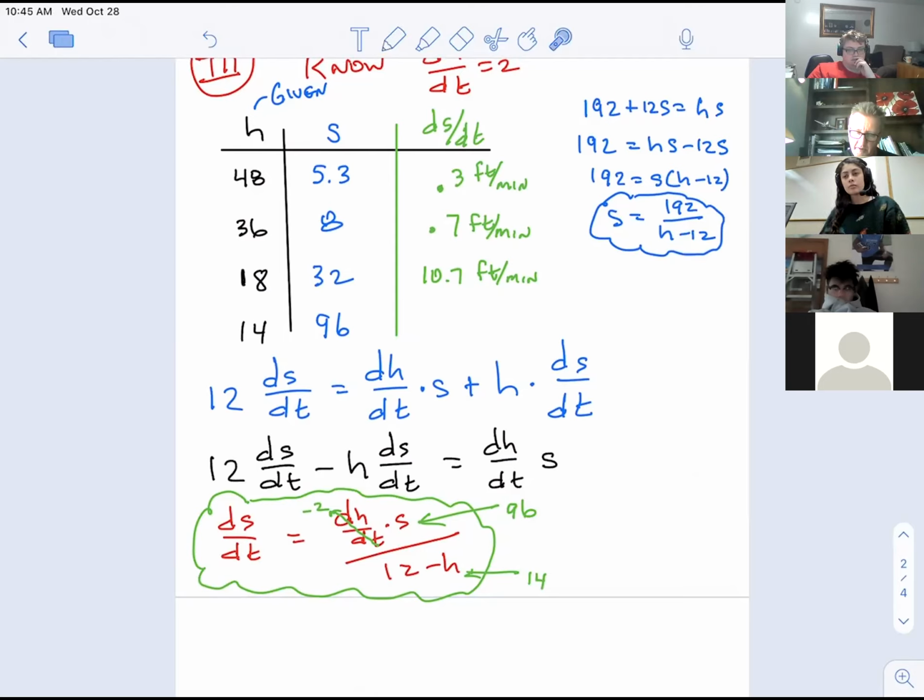Yeah, is it doubling? That very well may be the case. In other words, if you look over here, there's a pattern: if I looked at 48 and then 36, then 12 less at 24, and then 12 less at 12. If I decrease these heights at a constant, like at the same exact place, then maybe these speeds would behave similarly. So you're exactly right. That very well could be the case. This last one is actually 9. It's unfortunate, coincidentally exactly the same as S, but it's 96 feet per minute.